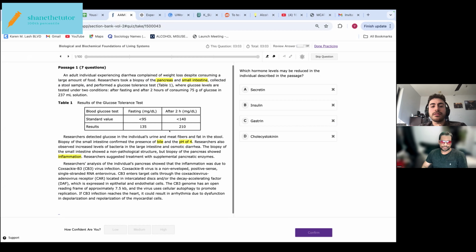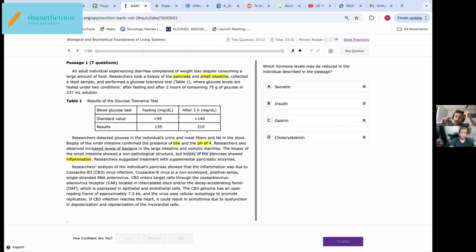So now they're showing the detecting of the glucose. They found bile in their small intestine, and they saw increased bacteria and osmotic diarrhea in the large intestine. What do you think osmotic diarrhea is referring to? All I can think of is osmotic pressure, like solutes going into something. I'm guessing high